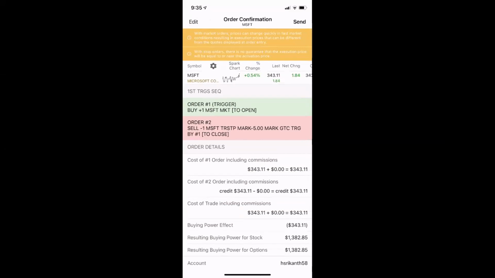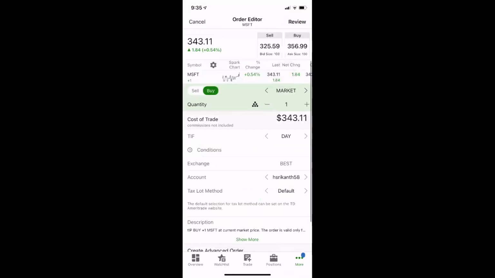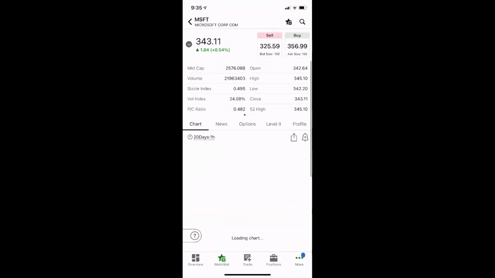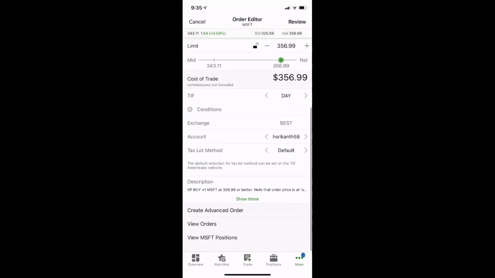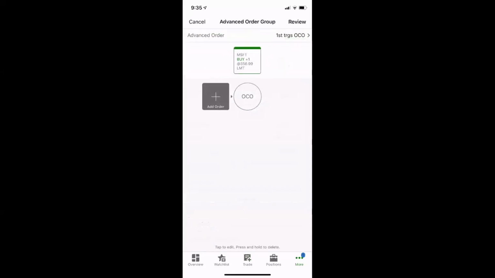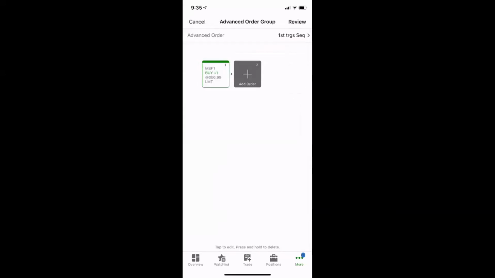So basically, we're trying to buy the stock at market price at open, and then immediately we're setting a stop loss, which is a trailing stop loss. I'll cancel everything and try to show this one more time. Okay, the same Microsoft. I select create advanced order, and instead of first trigger OCO, I'll select first trigger sequence,